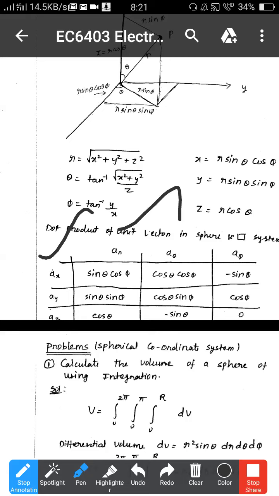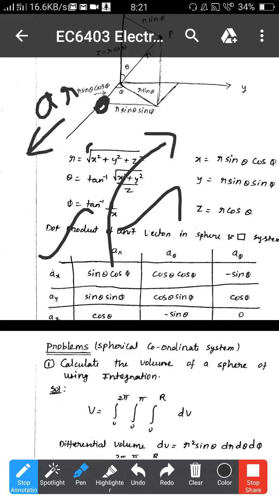I have to choose a point on the x-axis. Okay, once you choose a point on the x-axis, what is your theta? Once you are choosing the point here on the x-axis, definitely your AR cap will be in this direction. Generally for the x-axis, X will be in this direction. If you make the dot product of two vectors going in the same direction, then definitely you will get the answer 1. But I have chosen a point on the x-axis. Once I choose the point on the x-axis, what is my theta? Anybody? What is my phi?